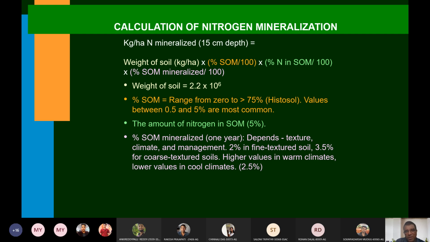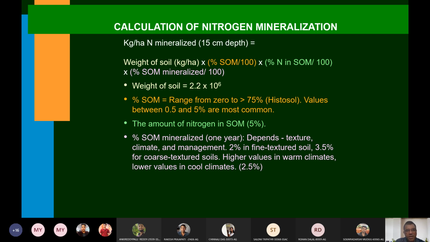And if you also know the quantity of carbon, you can calculate per hectare carbon also, because you know the relationship between soil organic matter and soil organic carbon. 2.724, I think, is the factor. So you can work out kg carbon per hectare, or ton carbon per hectare, from this formula, or organic matter. Then also your percentage nitrogen in soil organic matter.